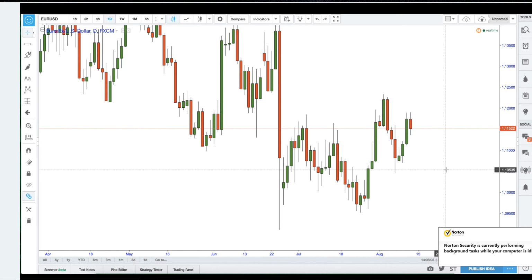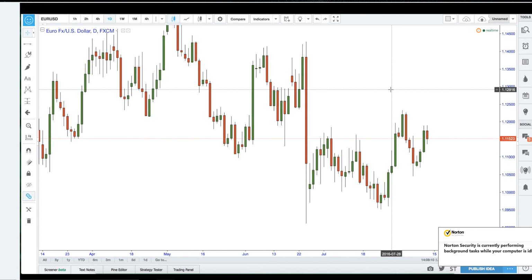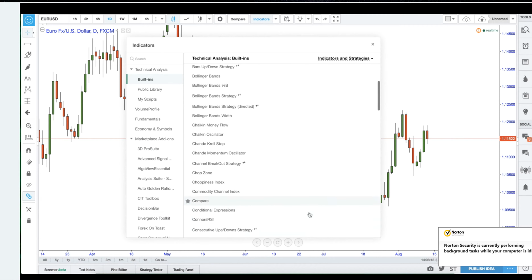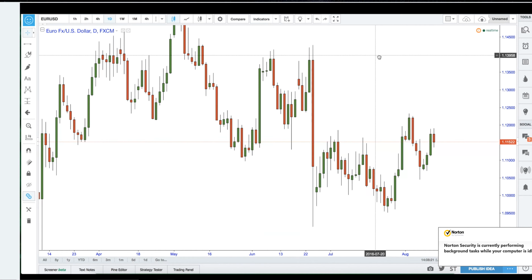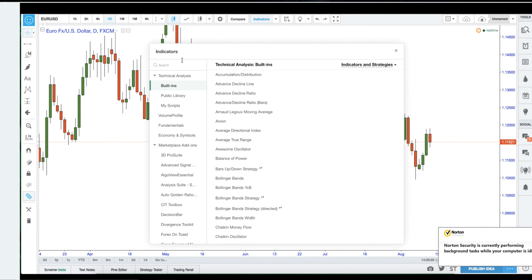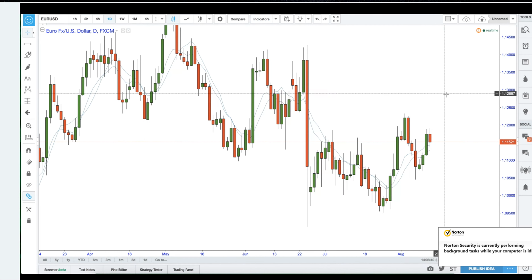Next, I am just going to go through the other overlays of the chart. So we don't really use indicators, we don't really use MACD, stochastic, RSI. However, all of these indicators are in fact available on TradingView, and there's so many on here. All we want to set up are the moving averages. So we go to indicators and we can type in moving. One of our moving averages is an exponential, one is a simple. Exponential, we can click there. Moving average, I believe this is the simple, we can click that as well.